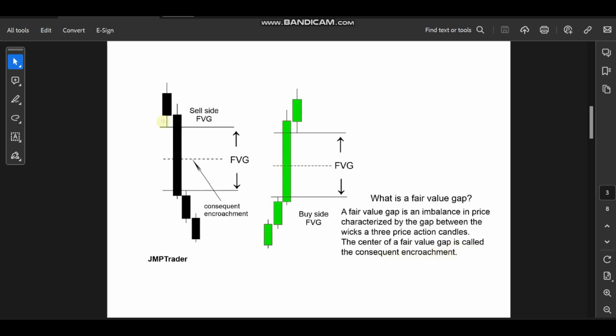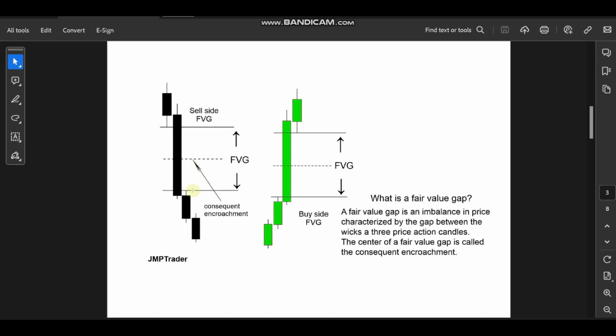So a fair value gap is also an imbalance, but what's the difference between it and a liquidity void? The liquidity void is the whole candle, like this one, two, three, four candle is an imbalance in price, but a fair value gap is the gap within three price action candles, one, two, three. You must get three candles, then the gap in between those three is called the fair value gap,